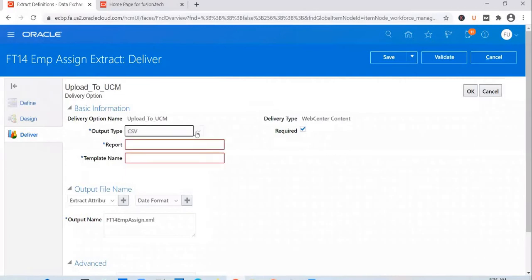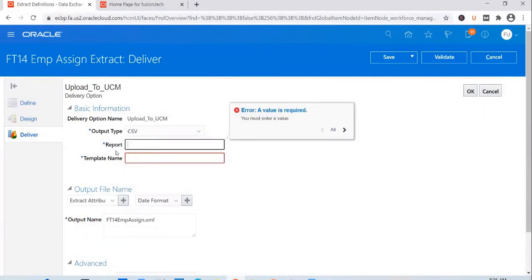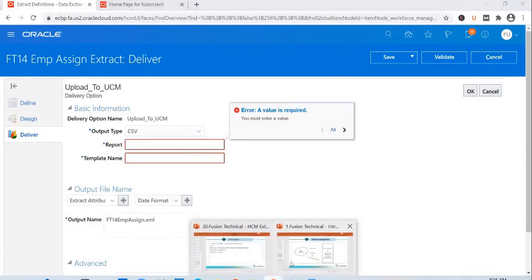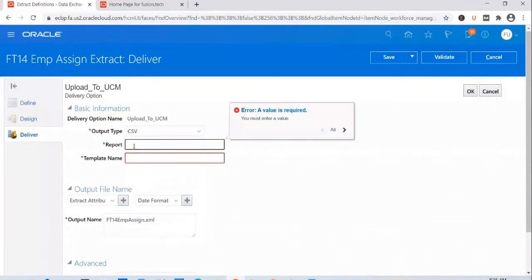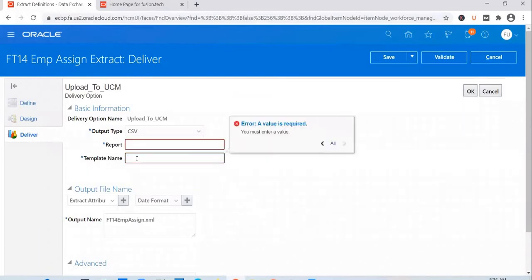It's up to you. And then you need to select the report and the template name. So here in the report, you will mention the report that you have defined. You need to give the absolute path of the report, again without the shared keyword. So if you upload this report to the reports and analytics work area to this particular path, you can select the path and upload the report path here and give the template name.